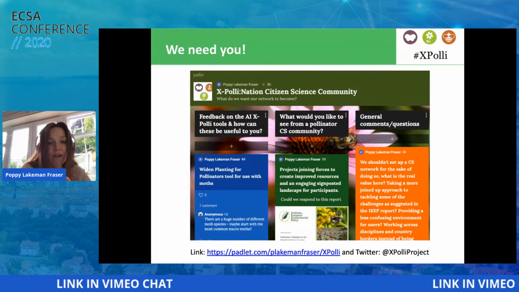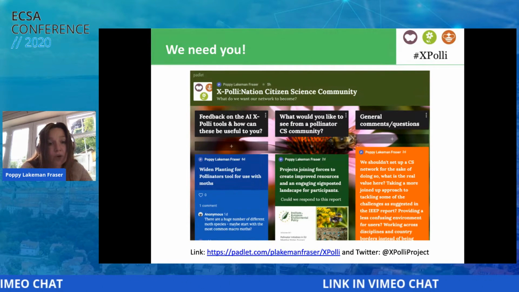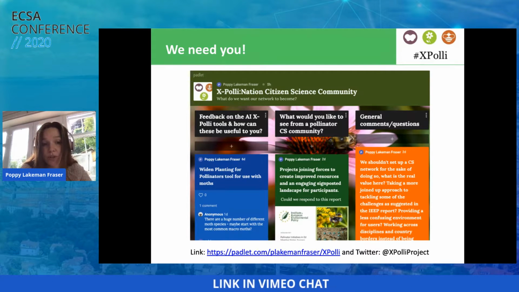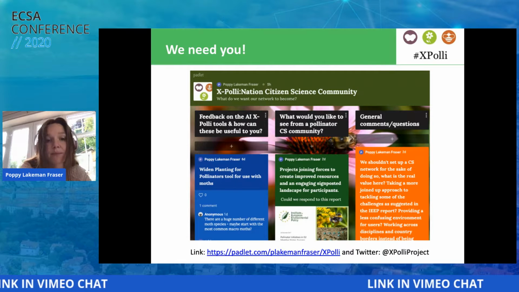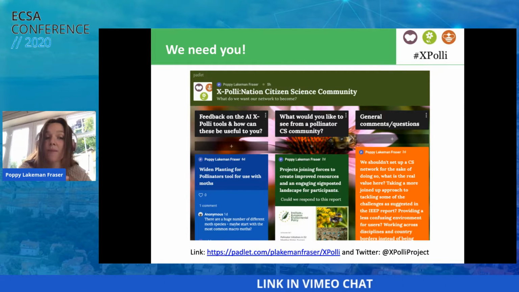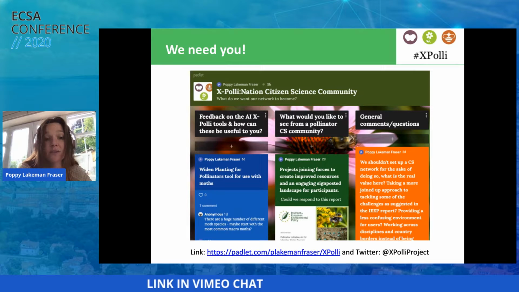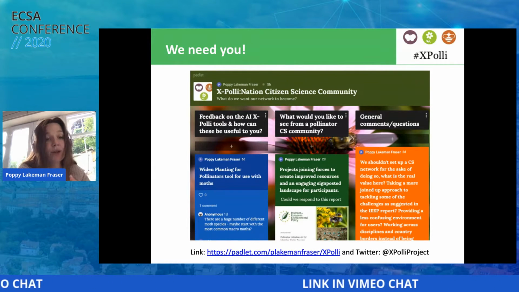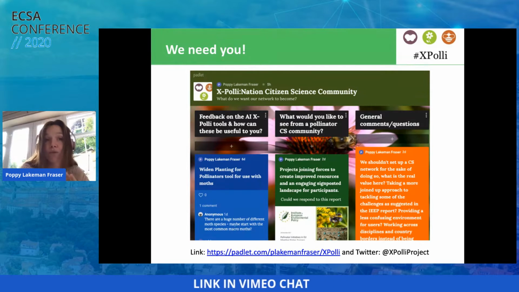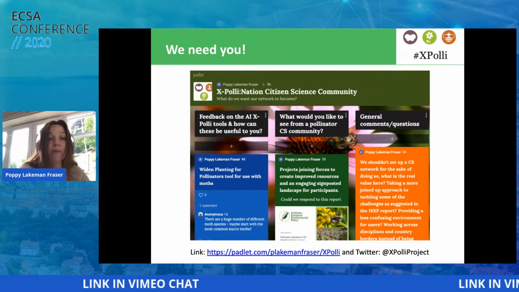So we are very much interested in hearing from you how it could benefit you, what other projects we could join up to, how you'd see it operating, i.e. could it be something like a community of practice? It was very interesting to listen to the We Observe talk yesterday about COPs, or perhaps would it take another form? And then in the third column, please note down any other thoughts or questions you might have throughout the